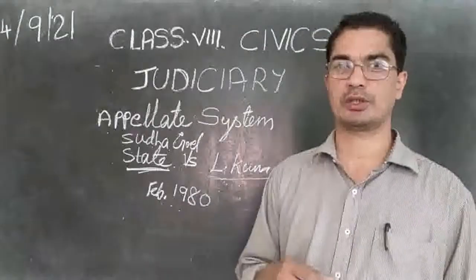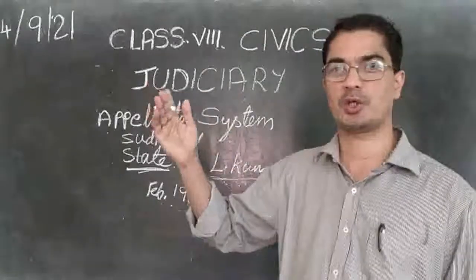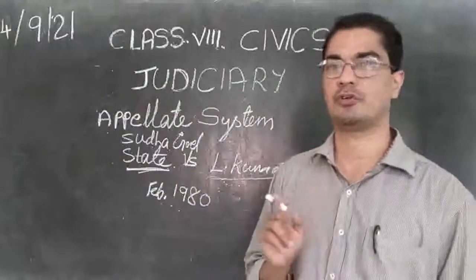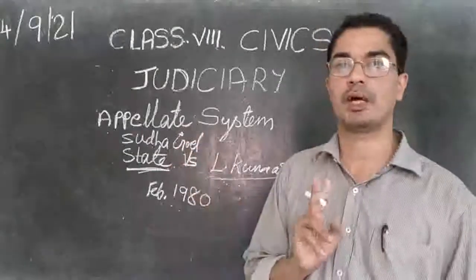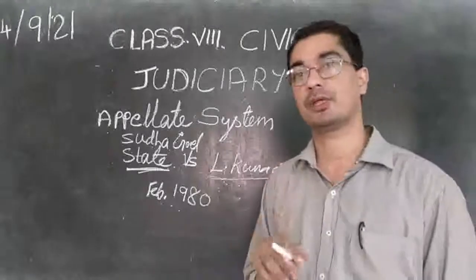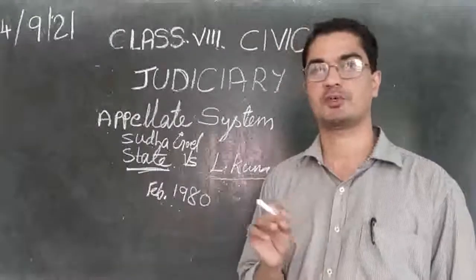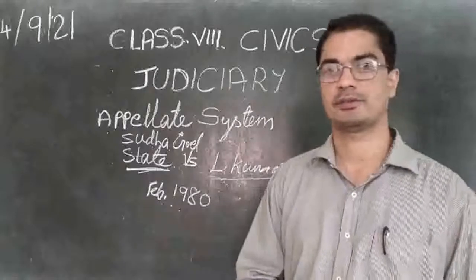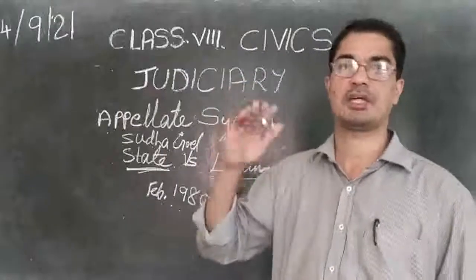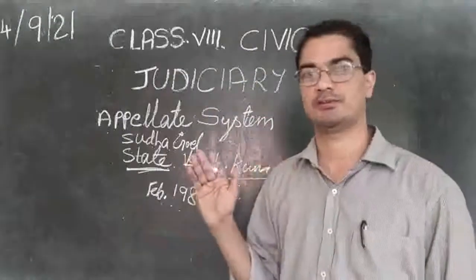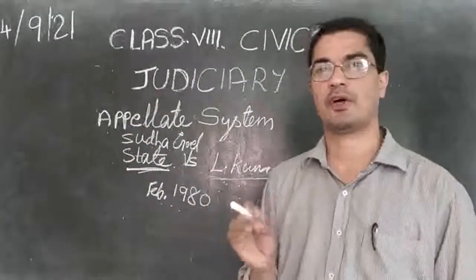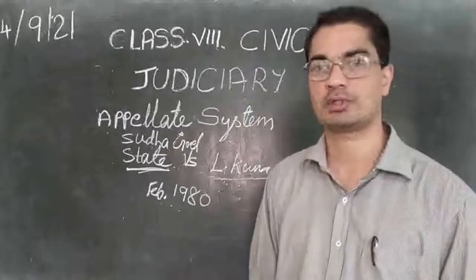But then the other party was not happy. They went to Supreme Court and the Supreme Court gave again another verdict saying that 2 of them are responsible for the death of Sudha. They don't have to get capital punishment, but they should get life imprisonment. That was the punishment given to them by the court. And so with that it is over. Now nobody can appeal because the highest court has given the verdict and that is final. There is no higher court than the Supreme Court. Therefore, that became the final judgment from the court side.